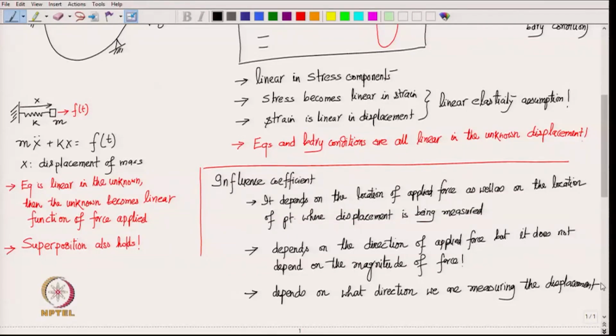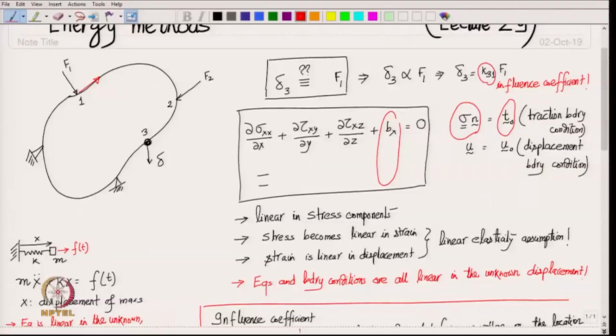So, it has 3 components delta x, delta y, delta z. So, for each of the components you will have different influence coefficients. Okay. For example, if you come back here, you have x, you have y, and then you have z. Similarly, for the force at 1 you have 3 components, right. So, then delta x